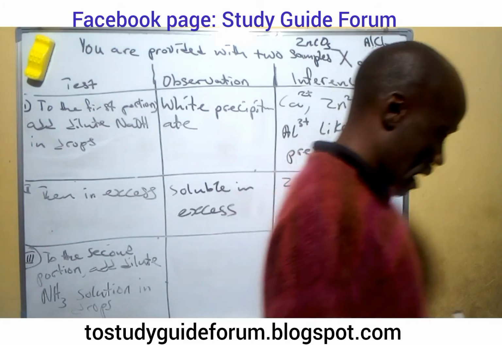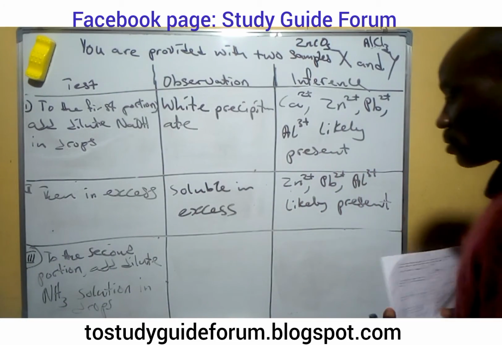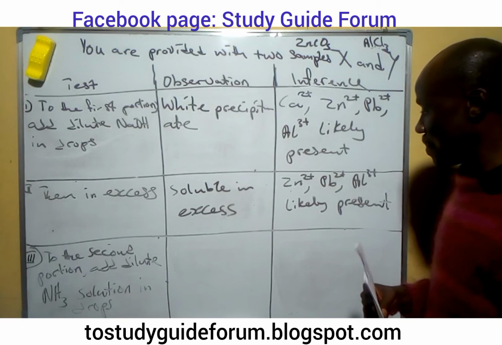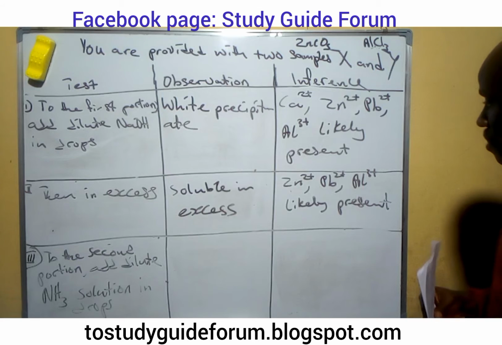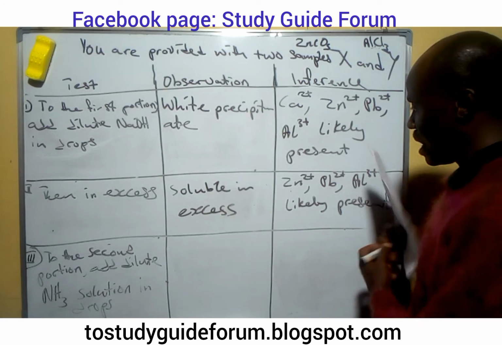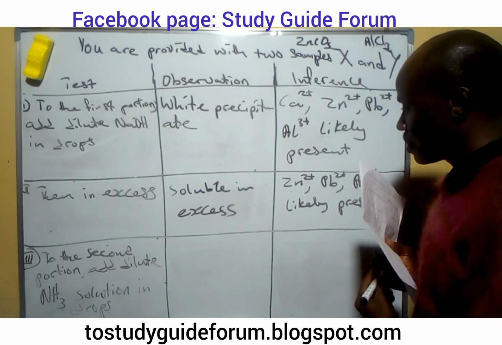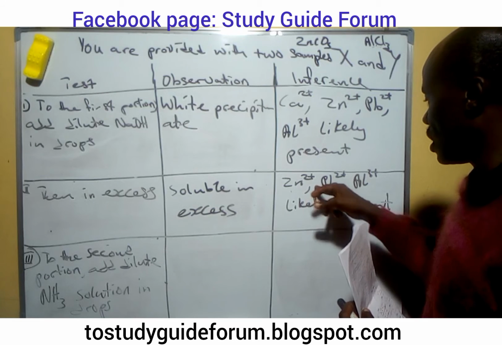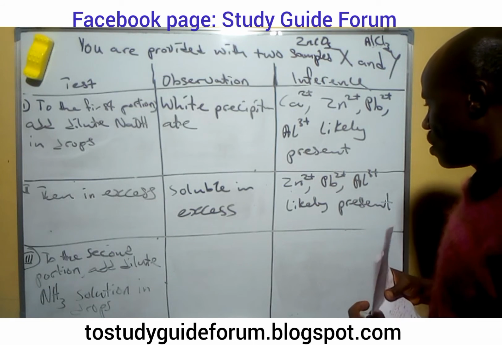If you add dilute ammonium solution in drops, it can only eliminate the zinc, because if zinc is not there, it will be soluble. If zinc